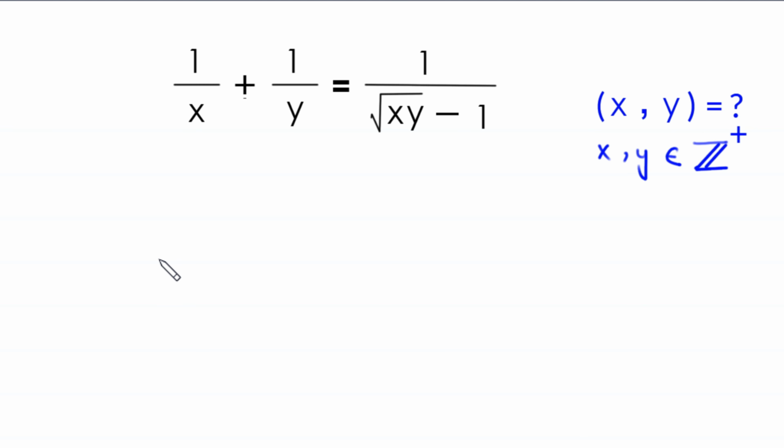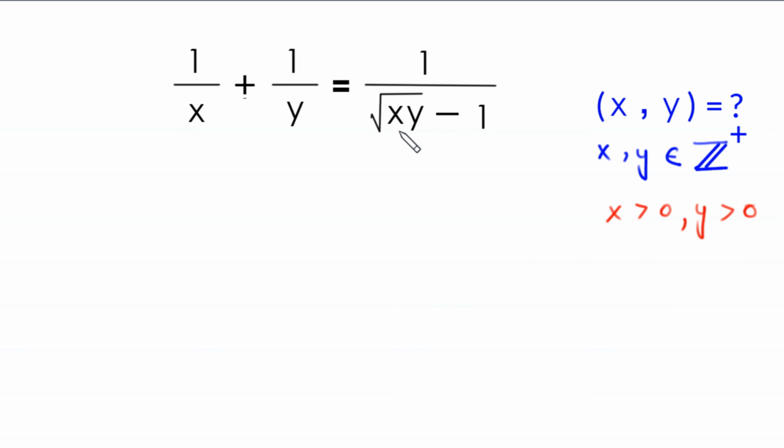Hello everyone, welcome to how to solve this very nice algebra equation: 1 over x plus 1 over y equals 1 divided by root xy minus 1. Our job is to find all possible values of x and y such that x and y are positive integers. So let's start. Since x is greater than 0 and y is greater than 0,